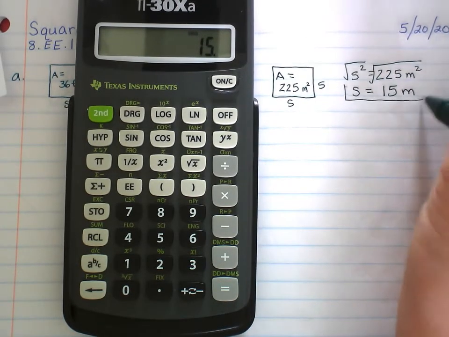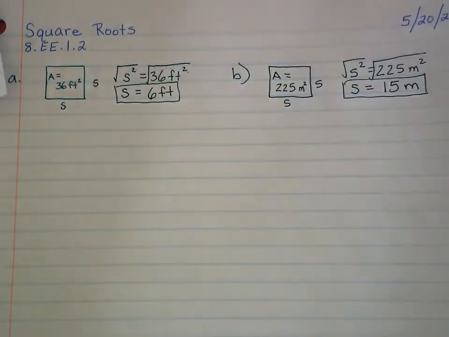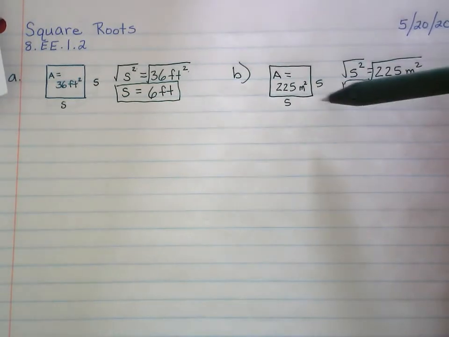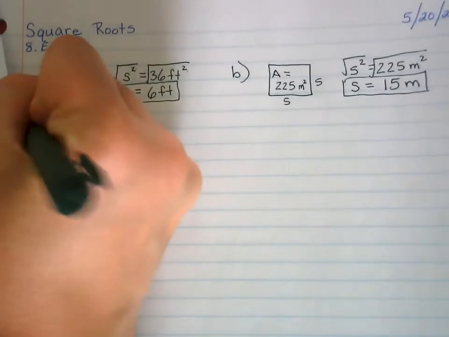Meters times meters is meters squared. So this is where the name square root comes in. We're trying to find the root. The root, the base that when you times it by itself gives us this bigger number. So square root